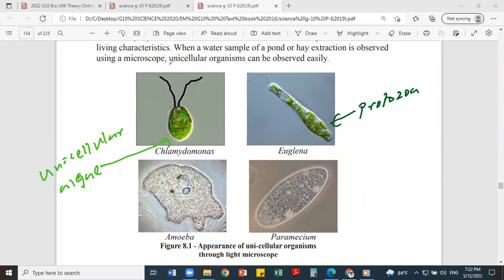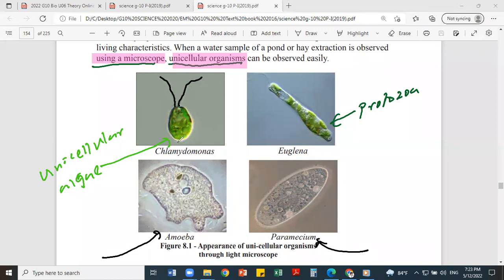So you can see they have given here unicellular organisms. If you are using a microscope, you can observe them, especially hay extract, pond water. And you can see this is amoeba. Amoeba also unicellular, single cell organisms. Paramecium also unicellular. So these four organisms are unicellular, single cell organisms, and they are